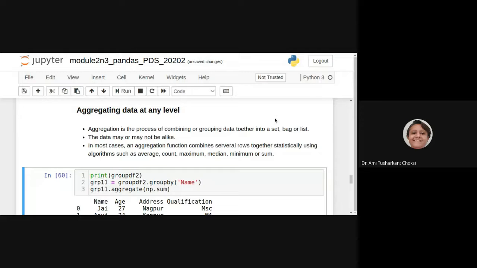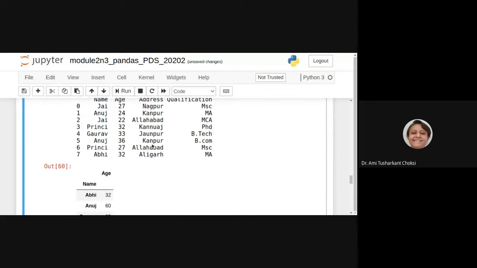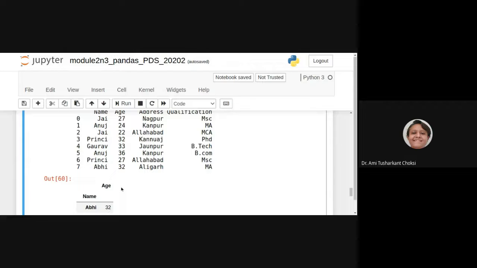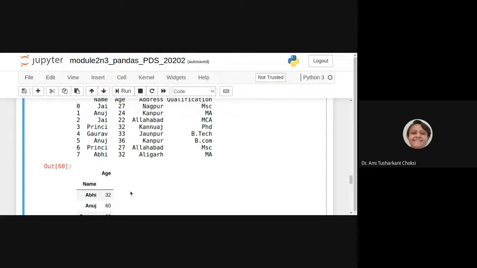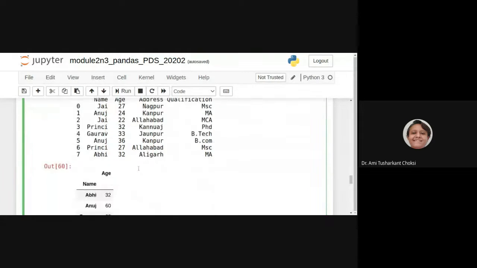So group by name, and now we get for Abhi 32, for Anuj 60, for Gaurav 33, for Jay 49, and for Princey 59. Before that we used the same thing, but there we used some function directly available. Here we are using the aggregate function and passing np.sum. Both ways we get the same output.